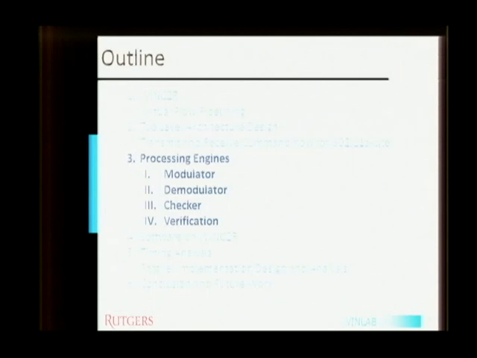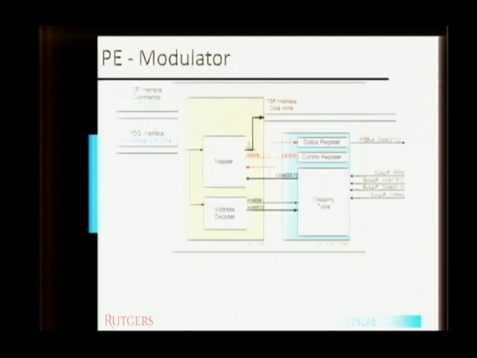So now let's go to the design of the processing engine. The main physical layer blocks are built in the processing engines, and they have to cater to the virtual flow and show their independencies. We'll first go to the modulator design. Modulator is essentially a lookup table. The input interface, as you can see on the left, is the command interface where we have a command decoder that will trigger based on this action.